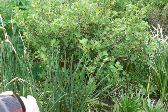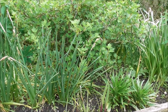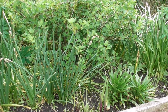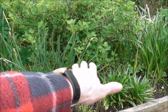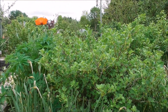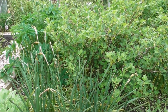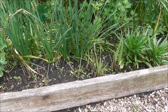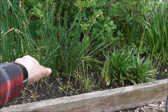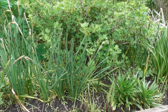So, and I've got to work in between taking all the weeds out as well. Can my job get any harder? But once we've done it all, we've got to do the old bed. It's a 13-foot bed by 6.5 foot, so it's going to take some time. So we're doing this little bit by bit. I'll do this bit now, and a bit tomorrow, and a bit the next day, and before we know it,